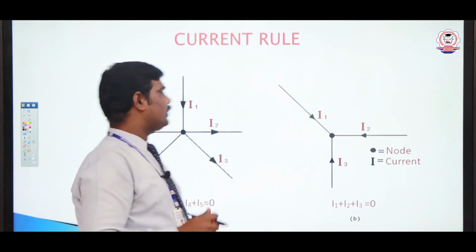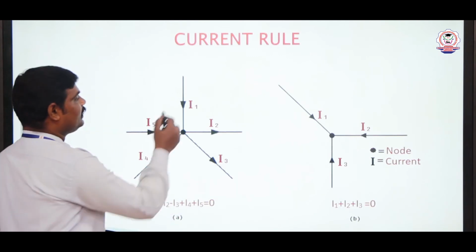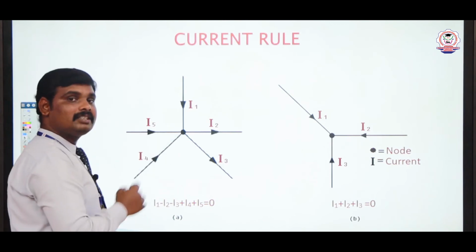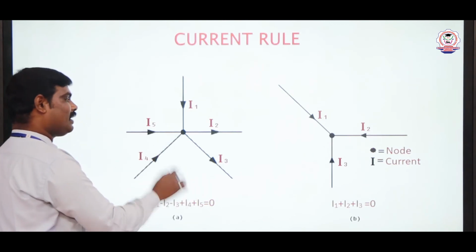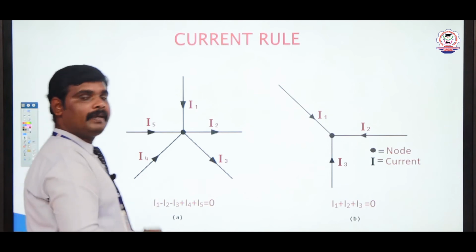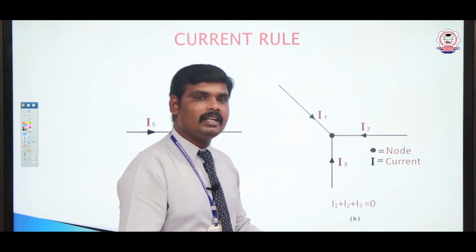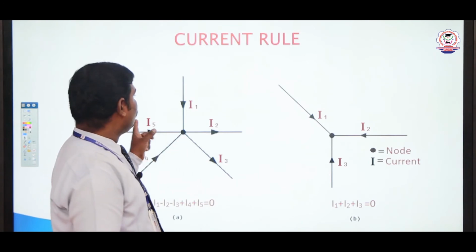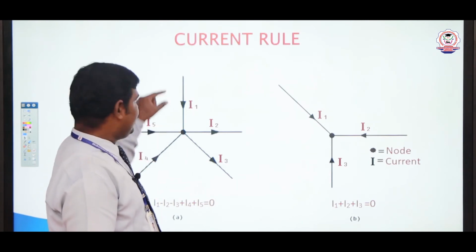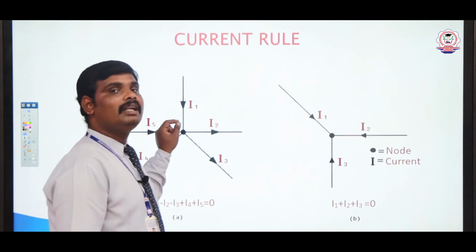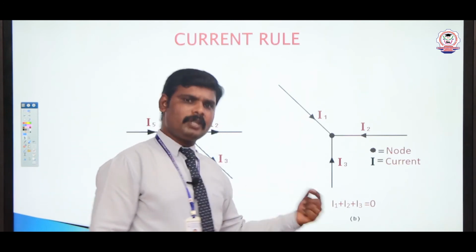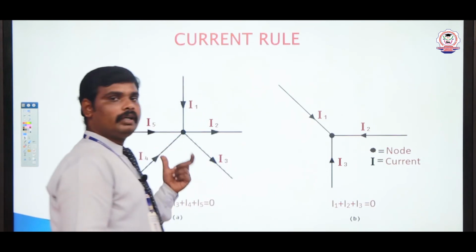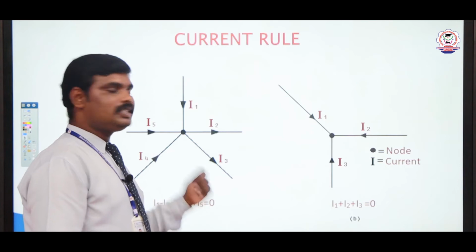The conservation of charge, which means here the sum of the electric charges meeting at the junction is equal to the sum of the electric current leaving this junction, which means the charge cannot be created nor destroyed at this point. Okay. So, here what happened? The entering charges are equal to the leaving charges. If charge is moving, that is nothing but electric current. That is why this rule is based on the conservation of charge.